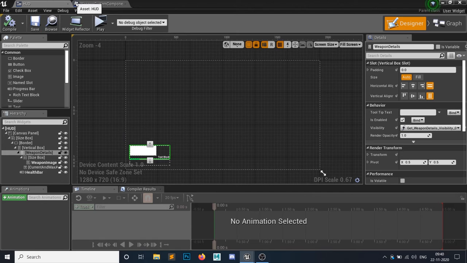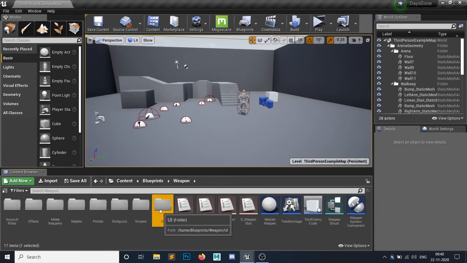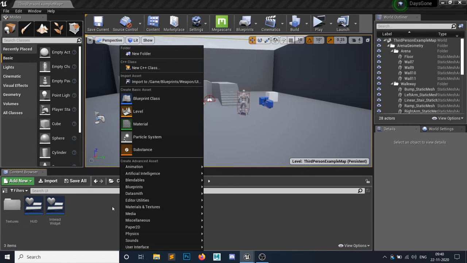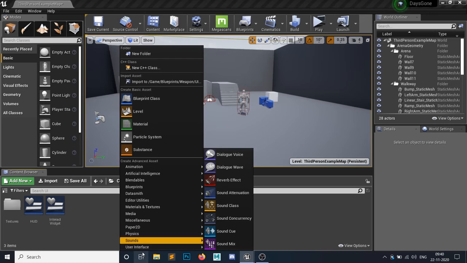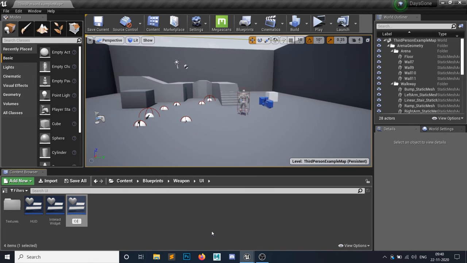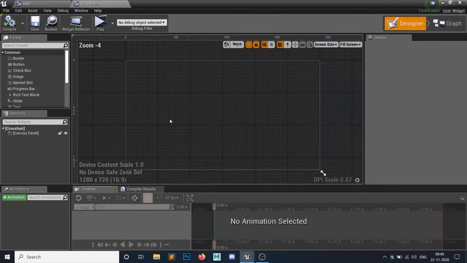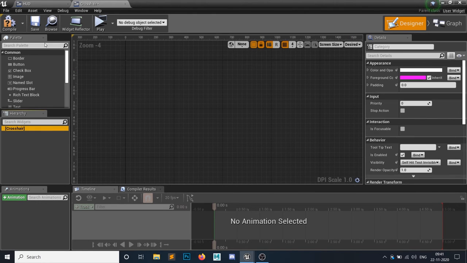Now what? We need a crosshair, because a crosshair is the most important thing you should have. You can create a crosshair in here, but for the components and all the things, you should have a dynamic crosshair. Let's say for a shotgun a different crosshair, for the assault rifles different crosshairs. So let's create a new user interface and I'm going to call it Crosshair. Open that up. I don't need this canvas panel, I will delete it and I will simply set it to desired. What I actually need is a size box.